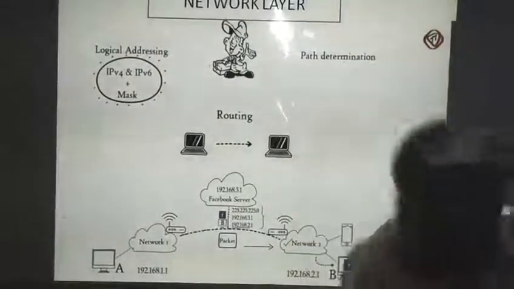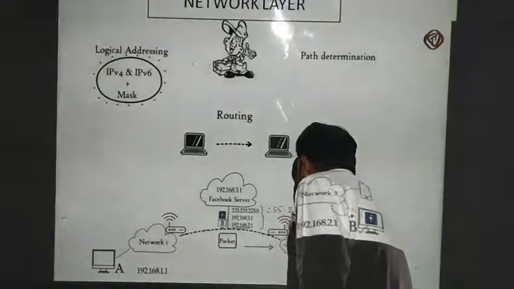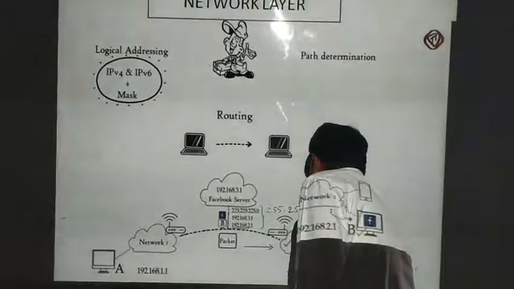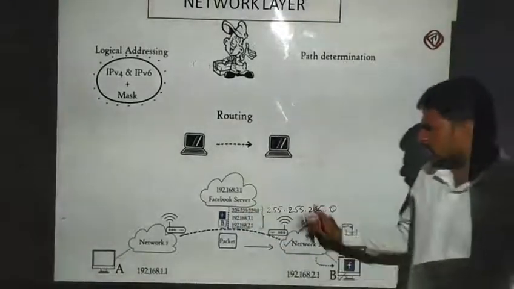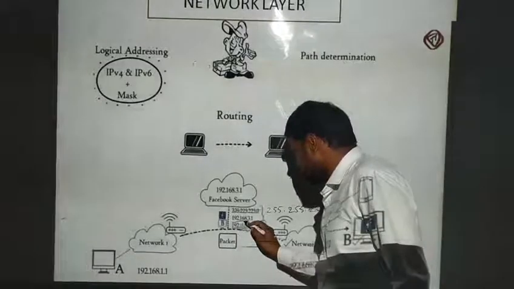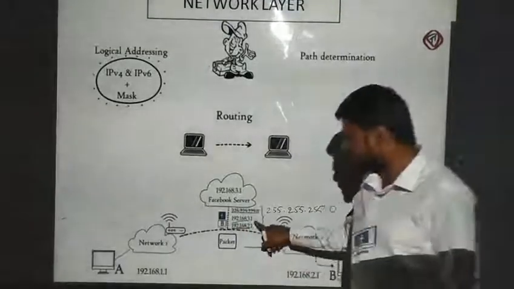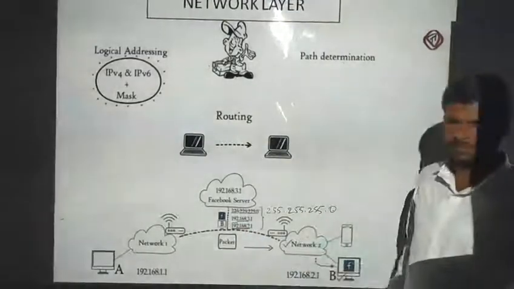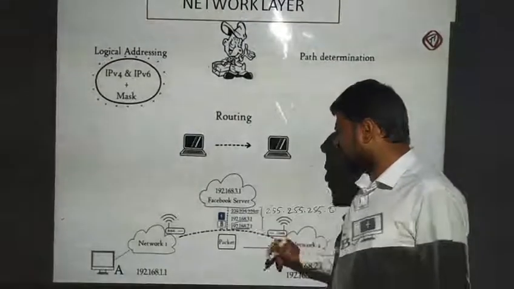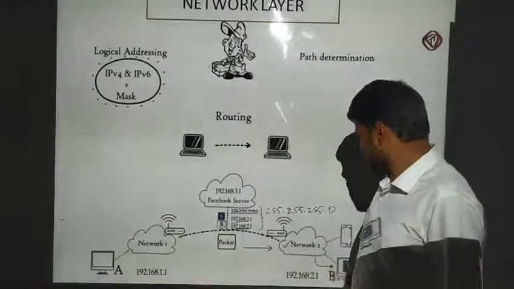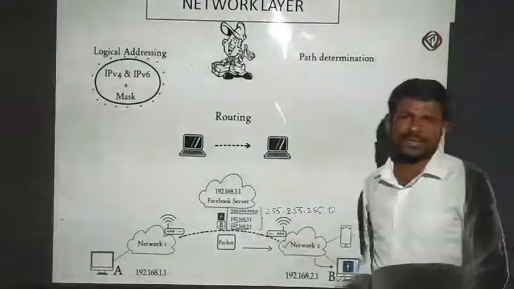This address will be 255.255 and so on. Now here you will see these three parts belong to the network. Here these three also belong to the network. The last digit belongs to which computer? Here you can say 2.1 means it decides that the query came from computer B. This is the network layer routing method.